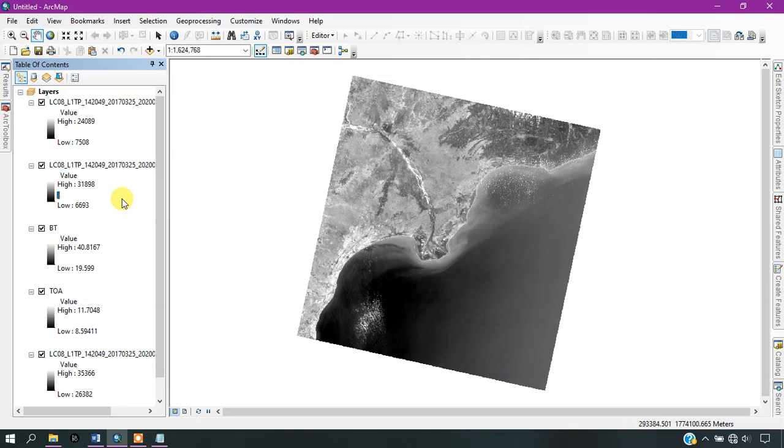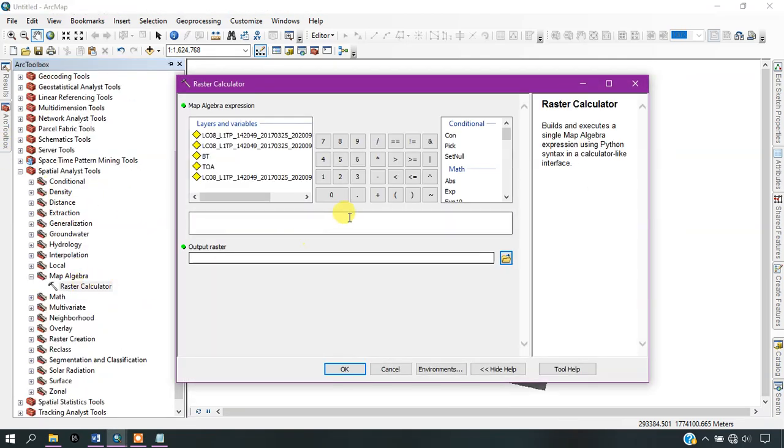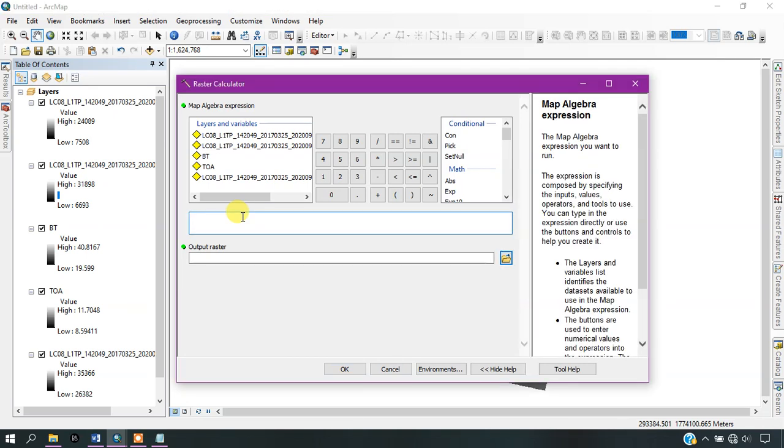Once I have added the data, go back to the toolbox and select the raster calculator. Now we are going to use the float function for it. Scroll down, you can see the float function. First input band 5, that is NIR, and subtract band 4, that is red, and divide it.